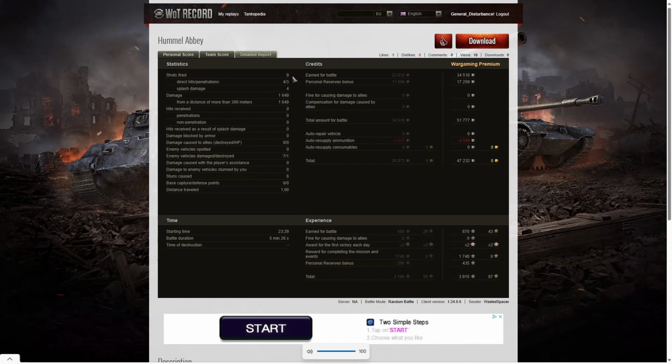He fired 9 shots. It's not a lot. Actually, that's fairly on the low side. But he got 4 direct hits on the enemy, and 3 of those were penetration. So it was 3 penetration shots. He got 4 splashes as well, 1,649, all of it at more than 300 meters. Damaged 7 of the enemy, killed 1, and he got